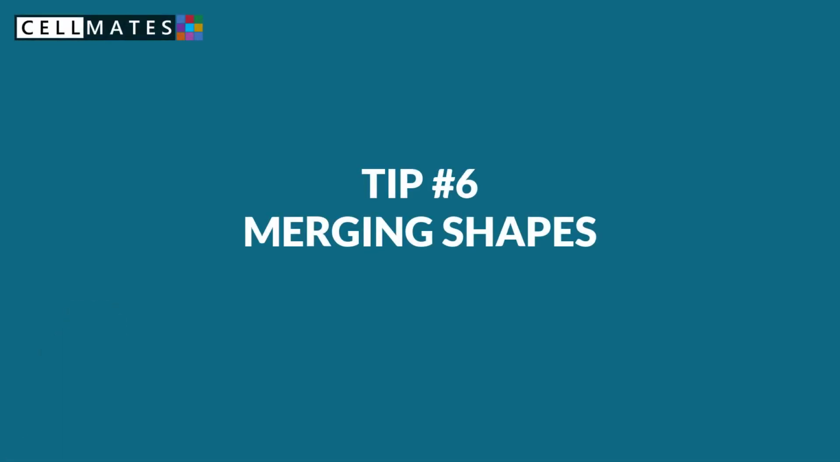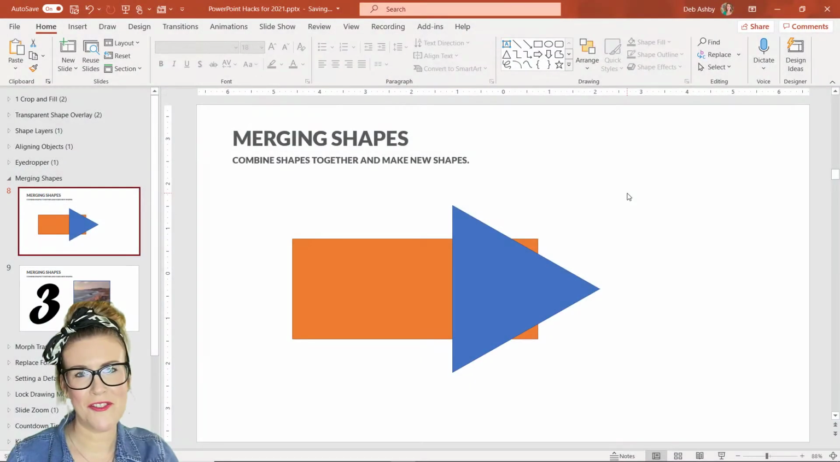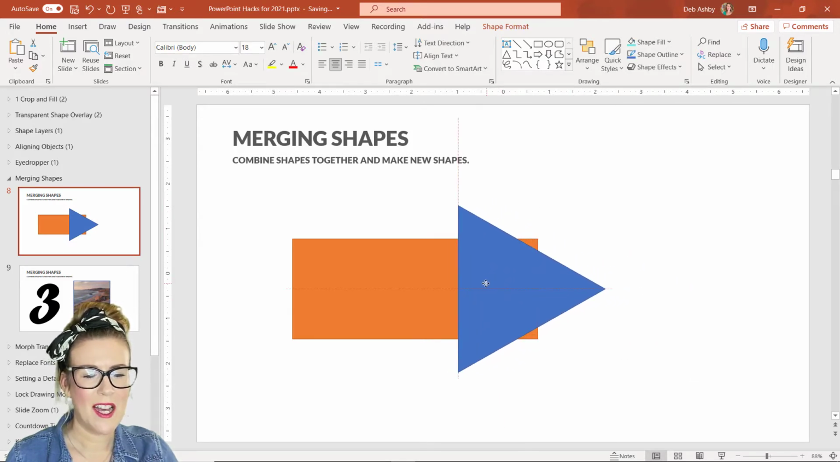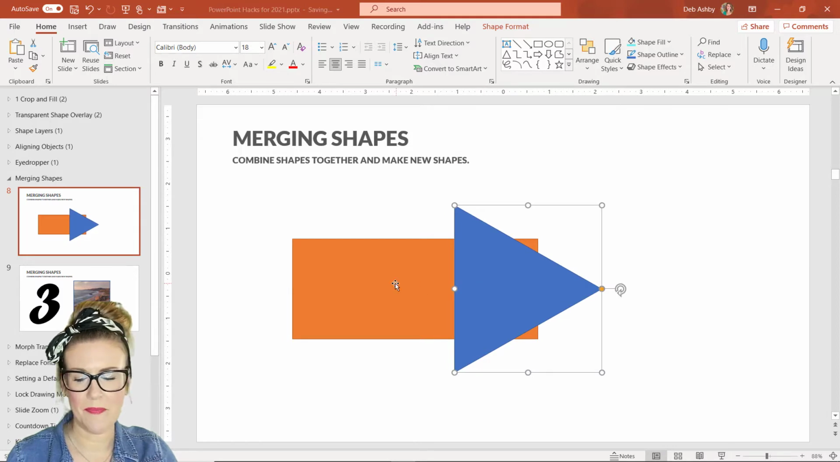Tip number 6, merging shapes. Another cool feature in PowerPoint is the ability to merge shapes together and even create your own new shapes. So currently I have 2 independent shapes on this slide. I'm going to place them slightly over each other, select them both by holding down the Shift key, and